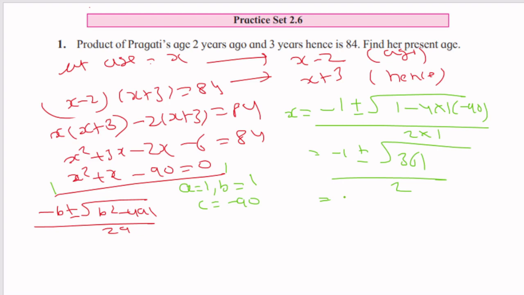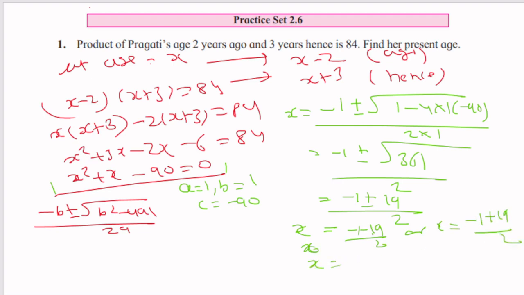So minus 1 plus minus 19 divided by 2. Here you'll get two answers, either x equal to minus 1 minus 19 divided by 2, or x equal to minus 1 plus 19 divided by 2. That is either minus 20 divided by 2, that is minus 10, or plus 18 divided by 2